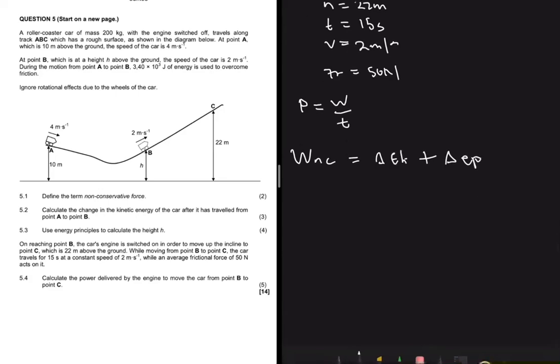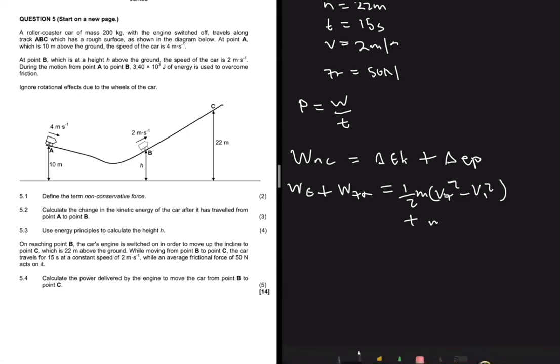So what are the non-conservative forces acting on the object? We have the work done by the engine, which is dependent on the path, and then the work done by friction, and then the change in EK is 1 over 2 m (vf squared minus vi squared)